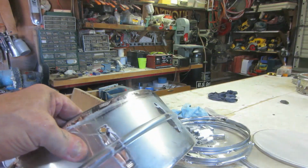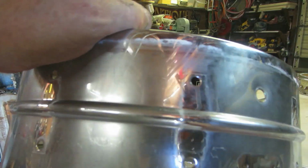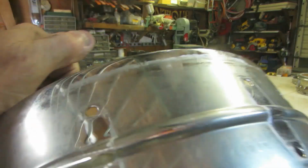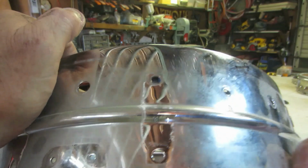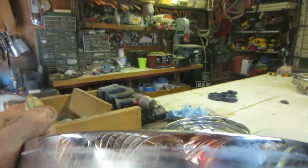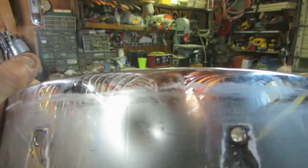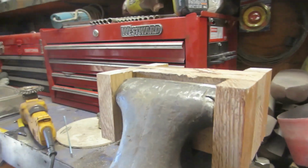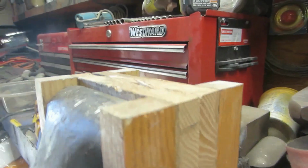Okay, we've got it all taken apart, and as you can see, it hasn't been cleaned in years. Now we've got a few little dings in the shell. There's one right here, and I'll show you how I take those out. I put my wooden jaws in my vise there,